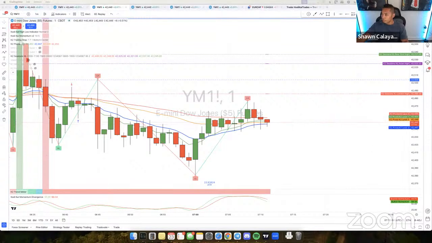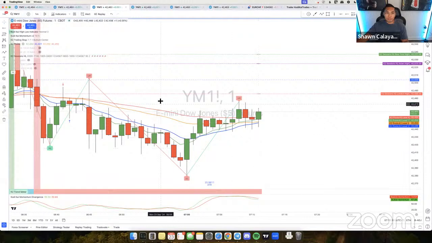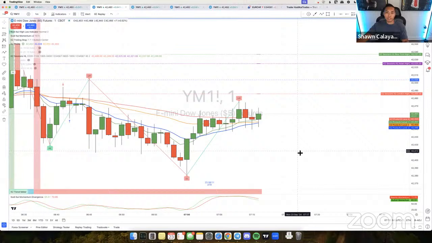Steven's asking, Sean, when the hedge fund opens, will the current members still have access to the indicators? Yes, that is correct. So everybody here in the premium and everyone who has access to the indicators in the live sessions, you guys are perfectly fine. You're still going to have access to it. It's just people who don't have access to it, they're not going to be able to sign up for access to it. So you guys that are here right now in the Zoom and on the YouTube, you're fine if you just want to sit in on my live sessions, or if you want access to the indicators and you have them already.